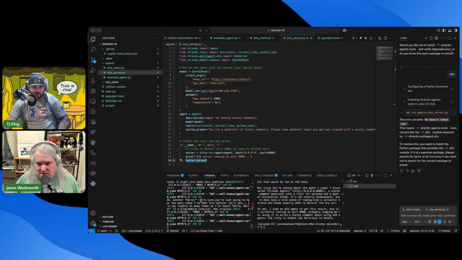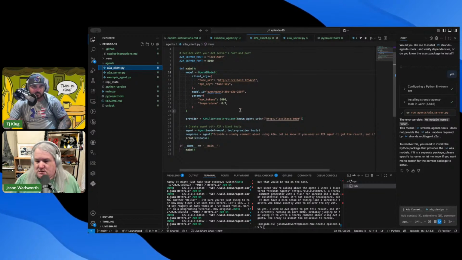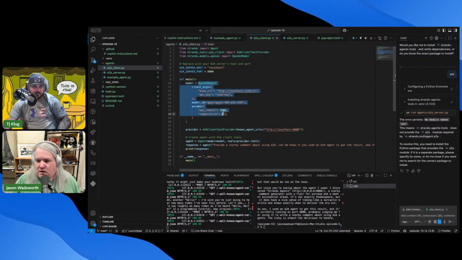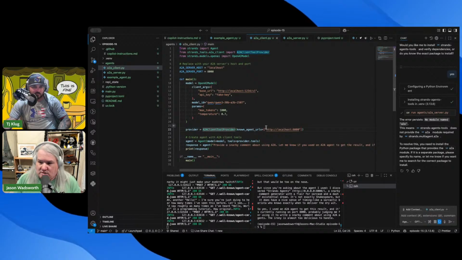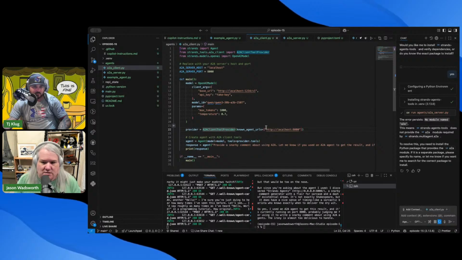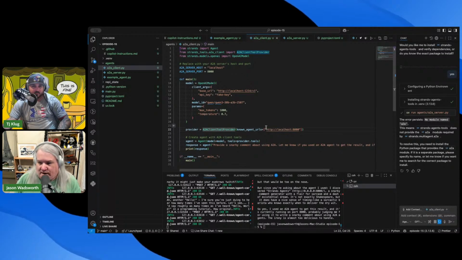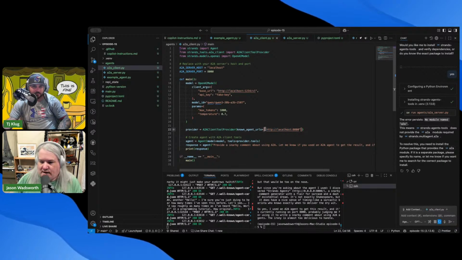I've got this currently running, and then a client. Again, using the same model here. We're doing A2A, and in this particular case, we're going to effectively use A2A as a tool, so it ends up with a tool provider. You can pass in a whole bunch of these. This is an array, right? So if I had 10 different